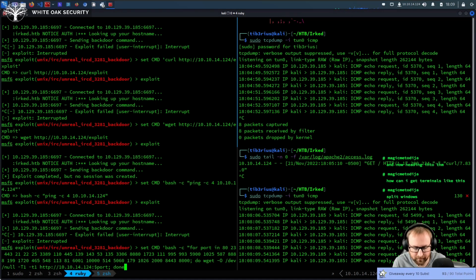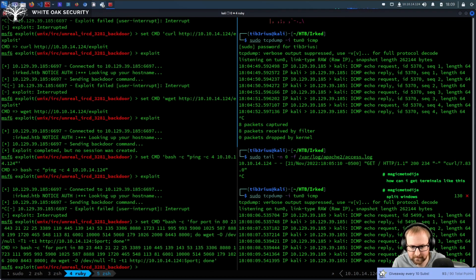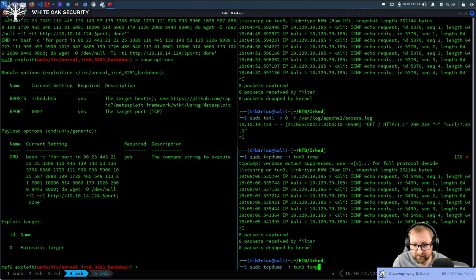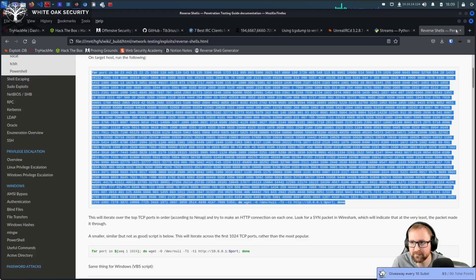You know, actually, I'm going to reverse the polarity of the quotes. We're going to use single quotes for this and double quotes for this. So I'm just going to show options and make sure that actually worked. Yes. All right. So now what we want to do, I want to use tcpdump just to look for